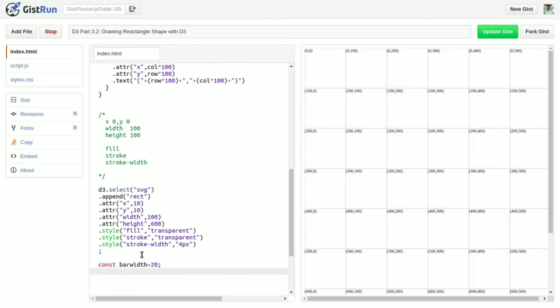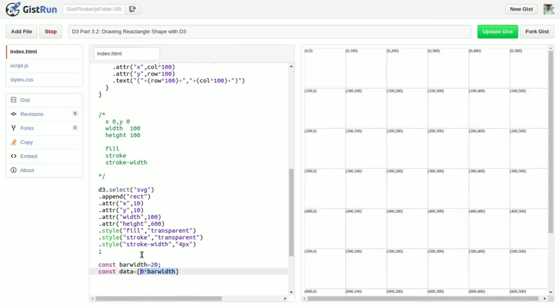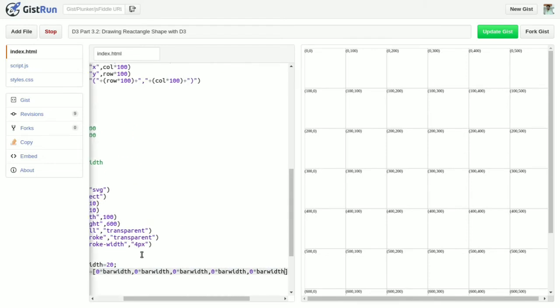Now I want to create the data points, that is data is equal to 0 times barWidth. I want 5 bars: 2, 3, 4, 5. So what will I do? Just here I will write 1, 2, 3 and 4.